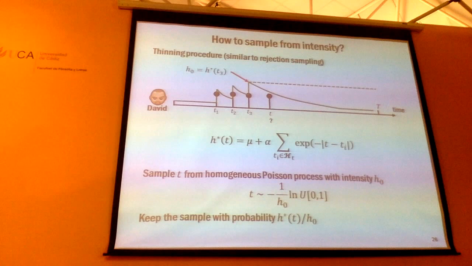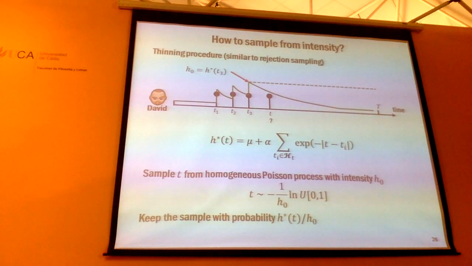So you just construct this homogeneous Poisson process as a proposal distribution. You sample, you reject. Okay? Very simple. Okay, now you have these three building blocks, essentially the Poisson process, the inhomogeneous Poisson process, and the terminating point process, or also the Hawkes process. Okay, so then you can combine these things together to generate more complicated processes.